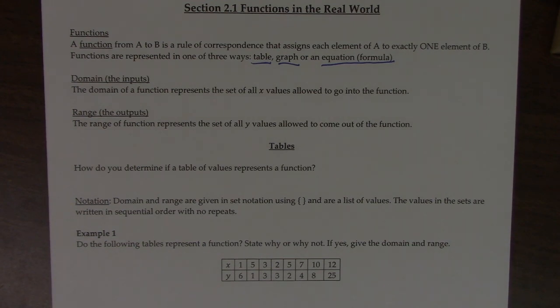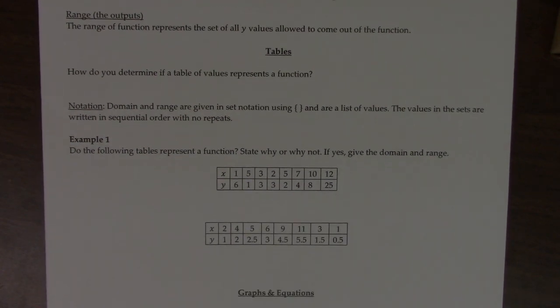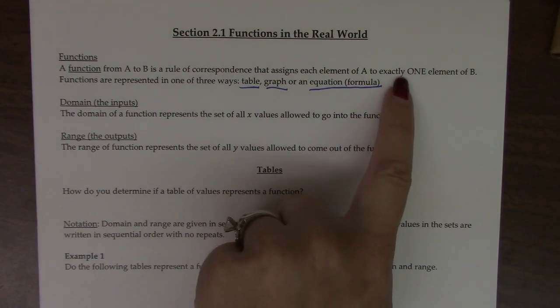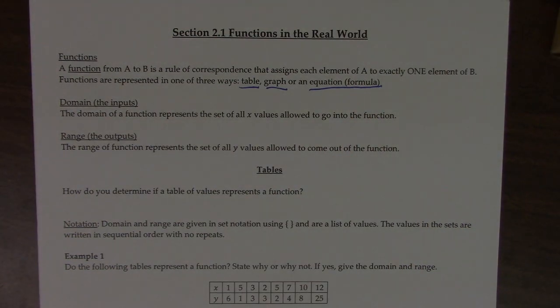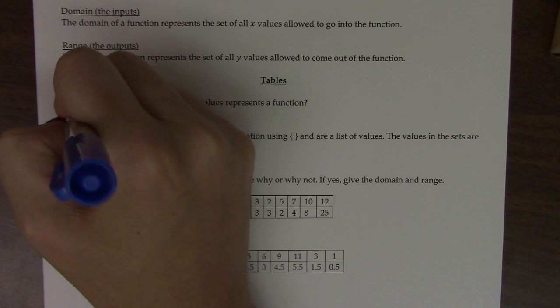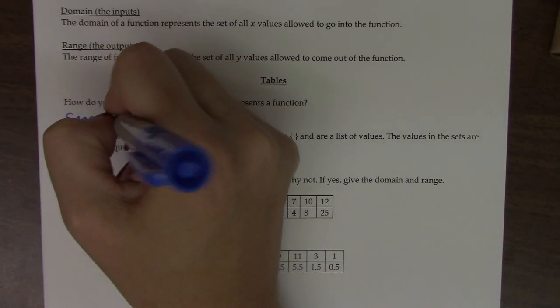So let's look at how we deal with functions when they're given as tables, and how we even identify whether in fact they are a function. The first question says, how do you determine if a table of values represents a function? This says that each element of A goes to exactly one element of B. So it's okay, for example, if you have the same y value come out of the function. But what you can't have is an x value mapping to two different y values. So when we're looking at a table, what we do is we scan